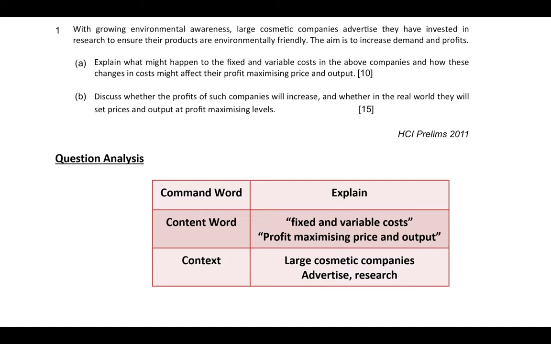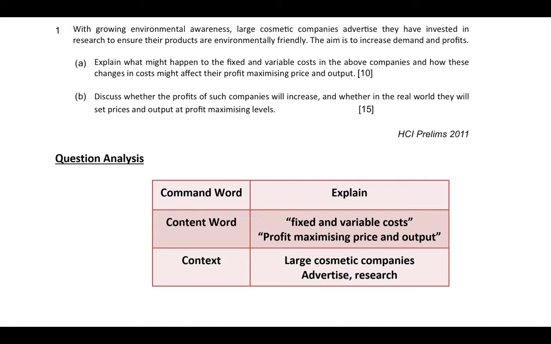Okay, and just doing that alone is not enough because there's another subsequent part to it. So not just identifying what happens to fixed and variable costs, we want to see also whether these changes in cost would affect the profit maximizing price and output. I believe by now you are familiar with profit maximizing price and output, what the condition is required. If you say MR equal MC, you are correct. That will help us determine what level of output. And then price is as you adjust it along your AD curve to see the maximum price that they